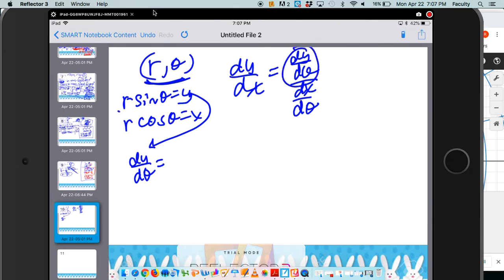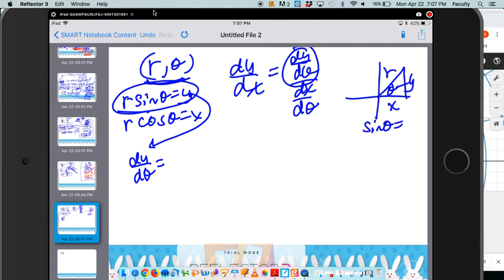All right, so you know y is r sine theta. I'll keep saying that over and over again. It's based on this. This is x, y, r. This is theta. Sine of theta is y over r. So I have r sine theta equals y. By the same way, I have r cosine theta equals x. So to find dy d theta,